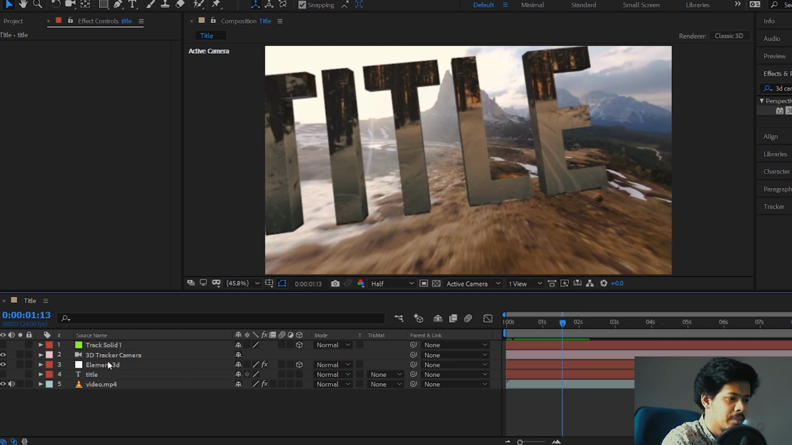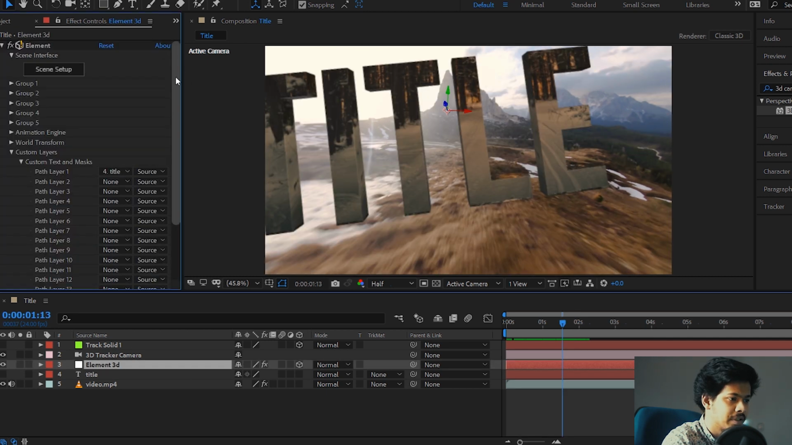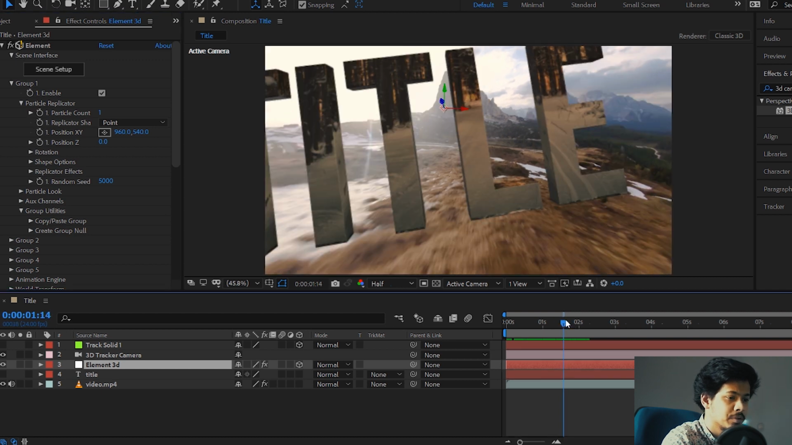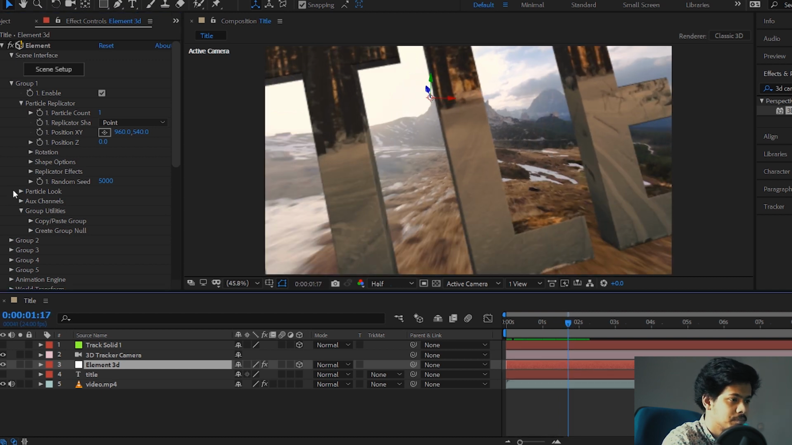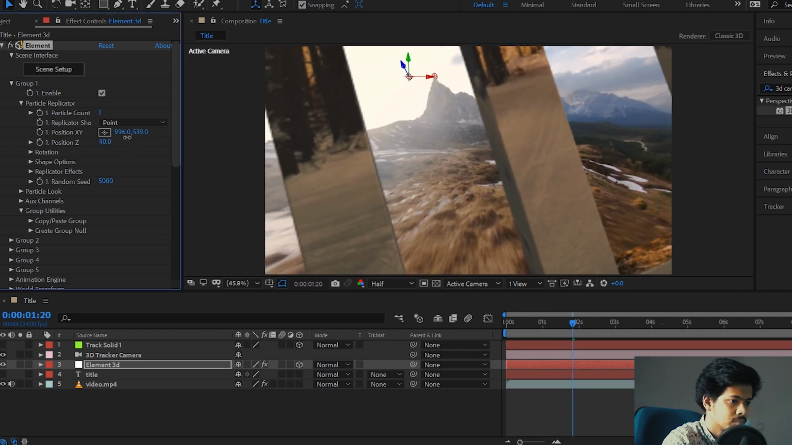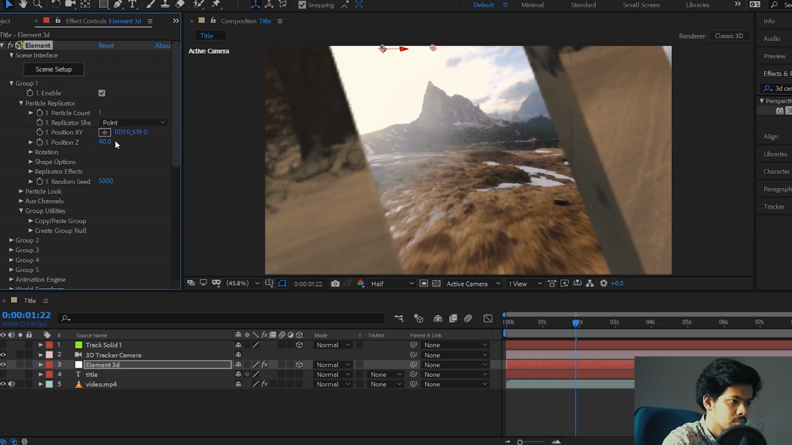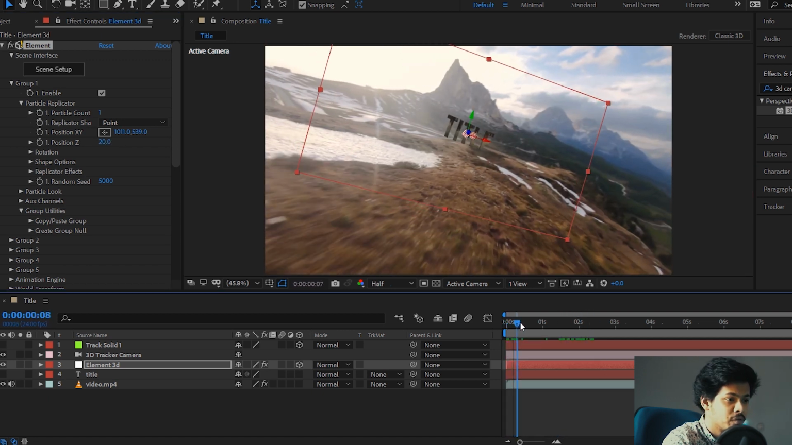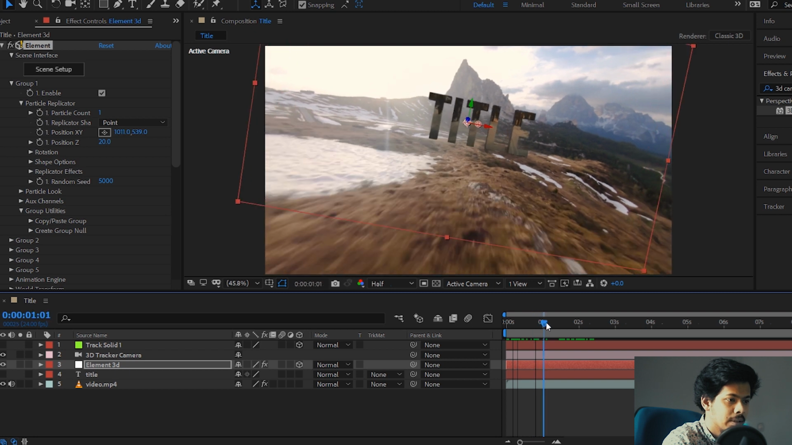To do that, click on this Element 3D layer, and then your Element 3D effects will be loaded up here. Come to Group 1, click on Particle Replicator, and from here we're going to make changes to the X, Y and Z position to align the camera perfectly between the space. So now I'm just going to fine tune this particular effect. I've done the fine tuning, and now as you can see, when I move my playhead, our camera